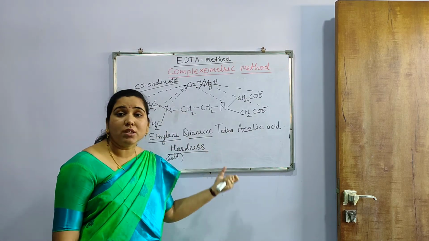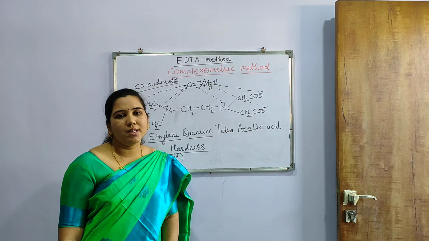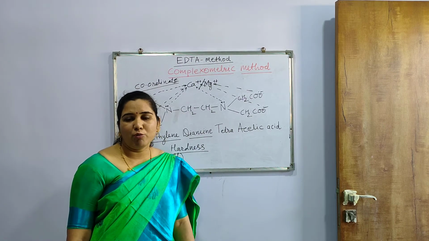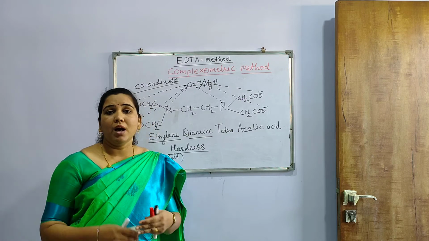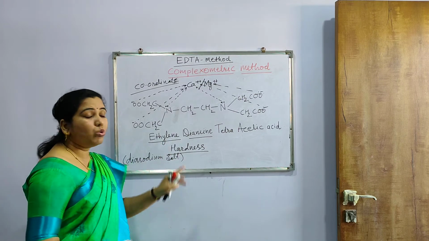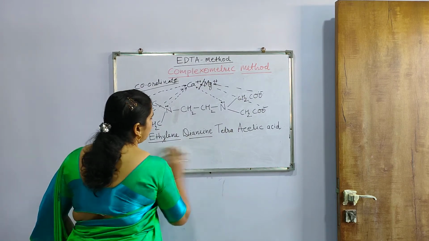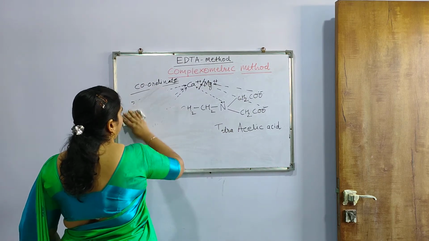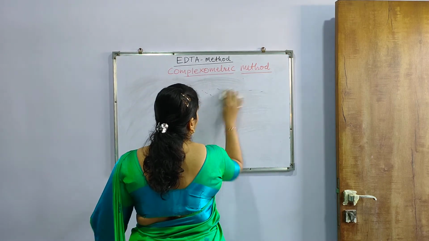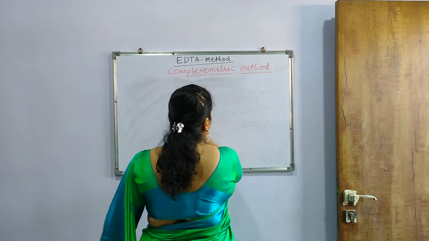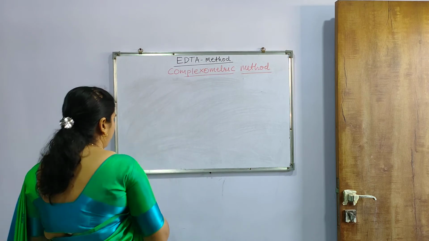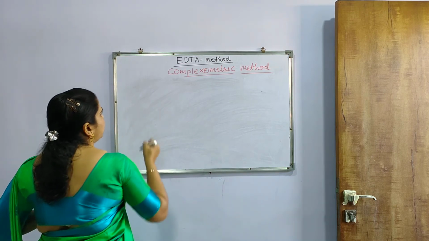As it has such a tendency, this EDTA is used to determine hardness from the sample of water. Next we will see how this process goes on. Once you know this structure, it will be very easy to understand. After that, point wise we will see how this method can be explained. It is a somewhat lengthy method, but it is very easy to understand. So the very first point is the principle